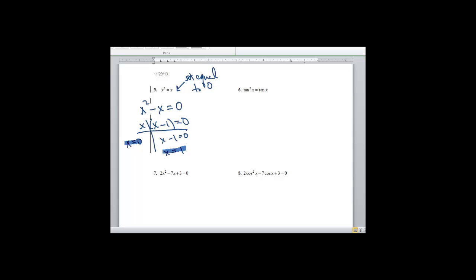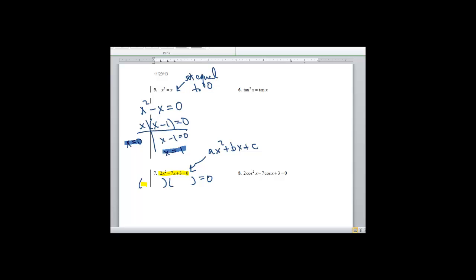And now 7 was a little bit harder because, sure, it's already set equal to 0, but this is one of my ones that I would call an ax squared plus bx plus c trinomial. And there's no common factor, so I can't factor anything out that will go into all three of the terms. So if you recall, this thing had to factor into two binomials if it was going to factor at all. Okay? And what I need is I need